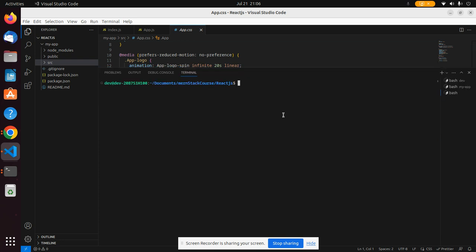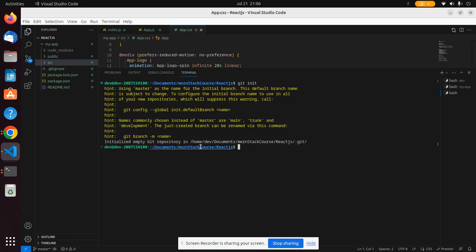Okay. So the first thing we have to do is to configure a username and email in the terminal. First command is git init to initiate your git repo inside it. It will initialize a git repository in this. Okay, so the second thing we are going to do is configure a username and email. So we have to write this command, git config